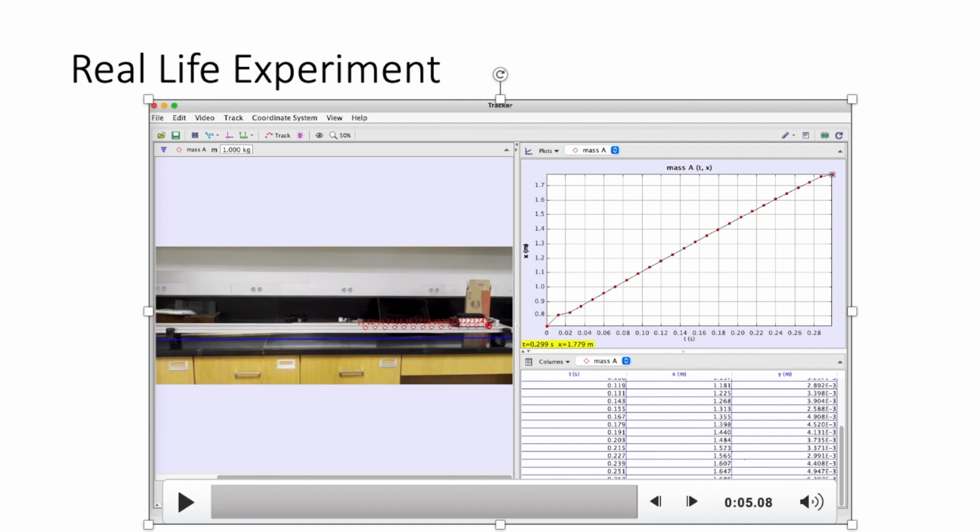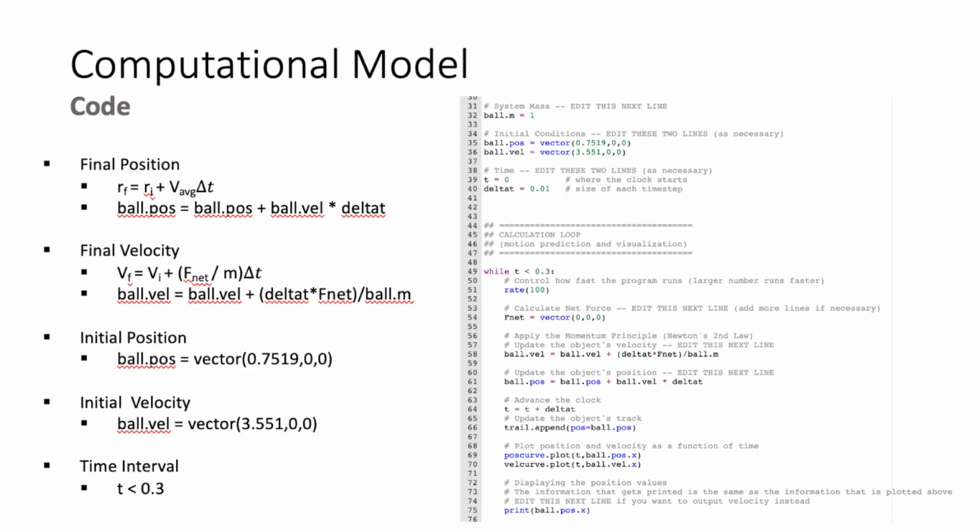As you can see on the output data, or on the more visual line graph, the start was slightly inaccurate despite the small time frame limit chosen. However, the rest of the motion demonstrates a strong linear correlation, curving very slightly towards the end. Now moving on to the computational model, the mass in the code, I'll explain the code a little bit, did not